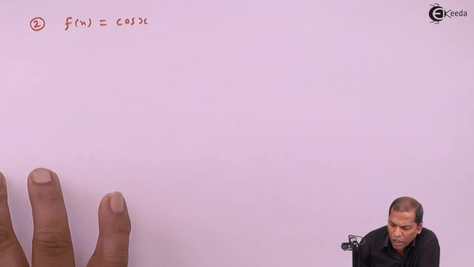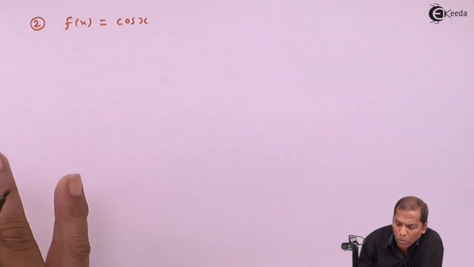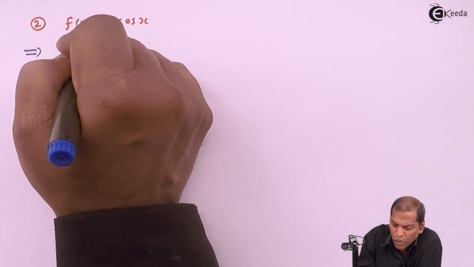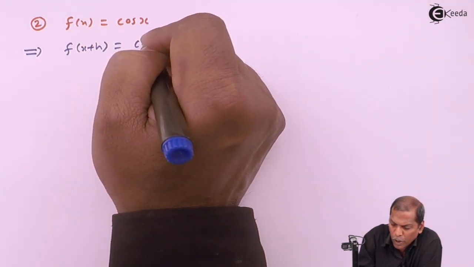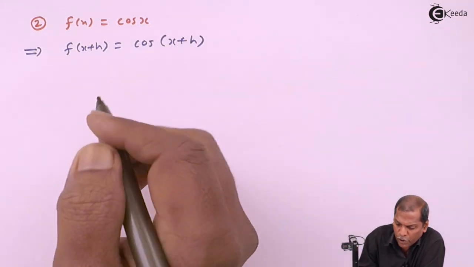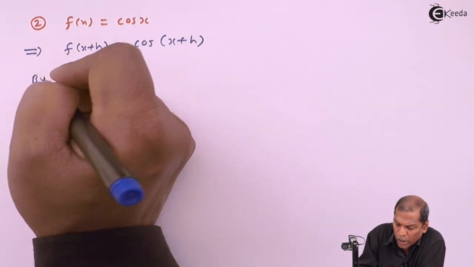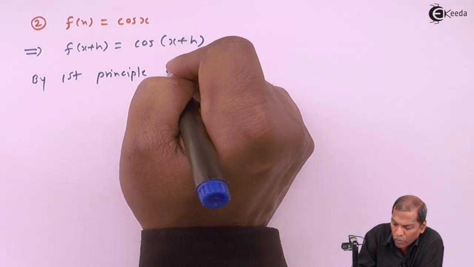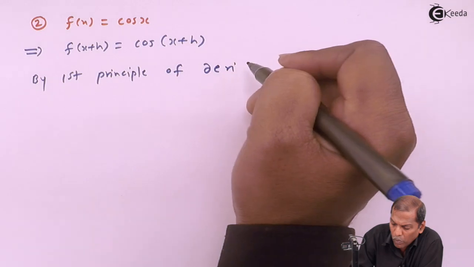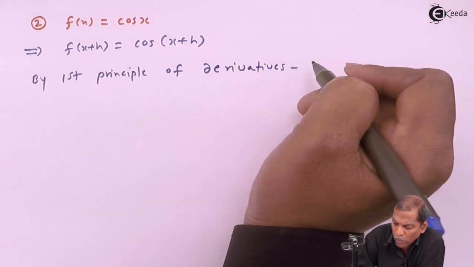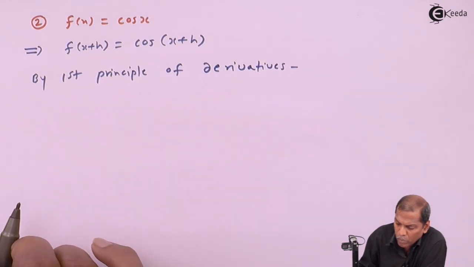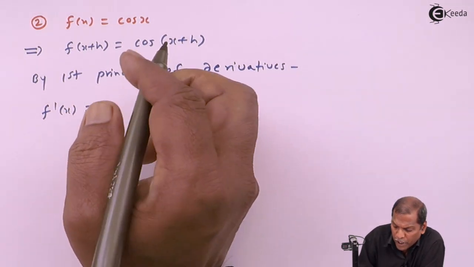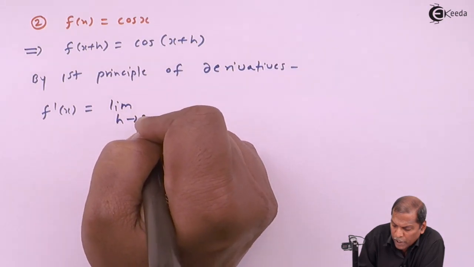Hello friends, now we see the number 2, that f(x) is equal to cos x. The next step is f(x+h) is equal to cos(x+h). Then by first principle of derivative, we have f'(x) is equal to limit h tends to 0